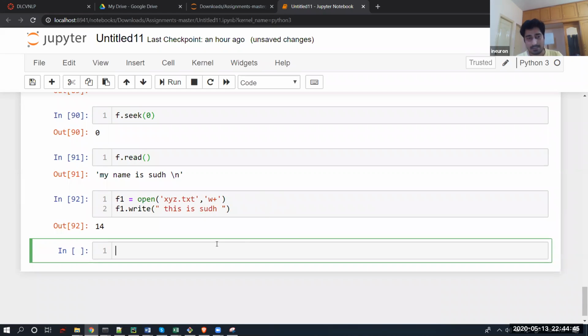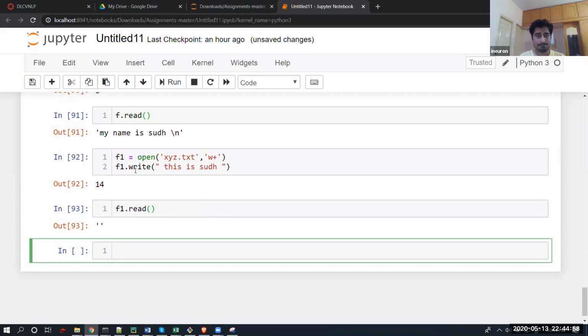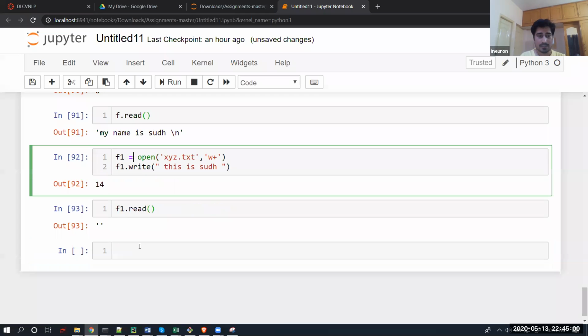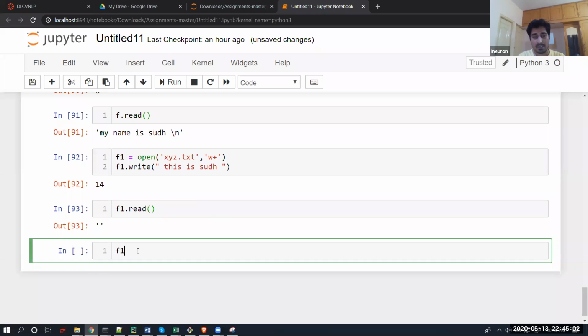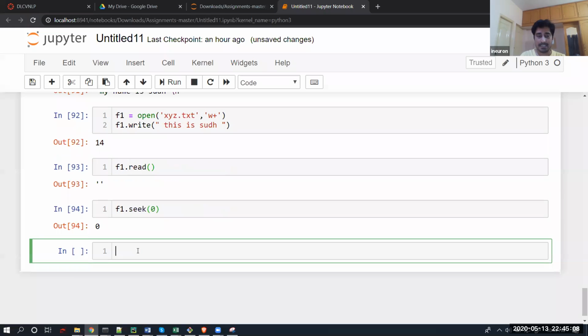Now what will happen in this case? Let's try to understand and read out this file. So f1.read, I can try to perform a read operation. The cursor is at the last location because we have done a write operation, so it has written this file. What I can do is call a seek from the 0th index, and then